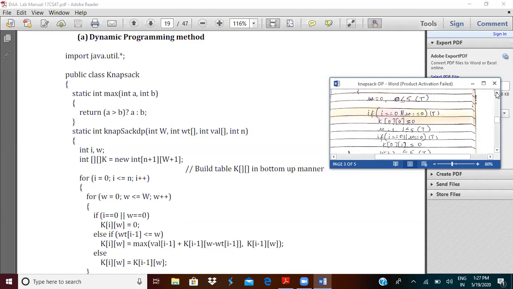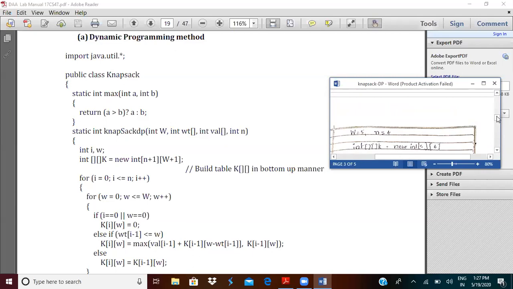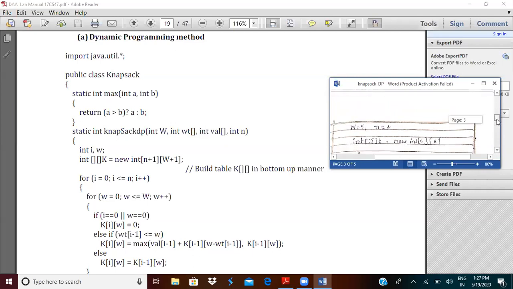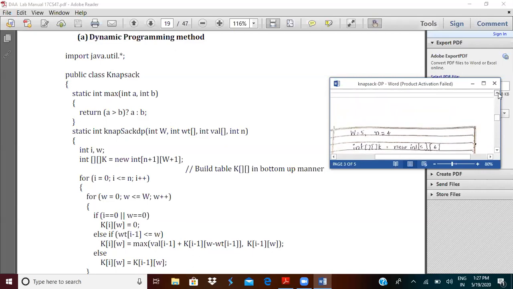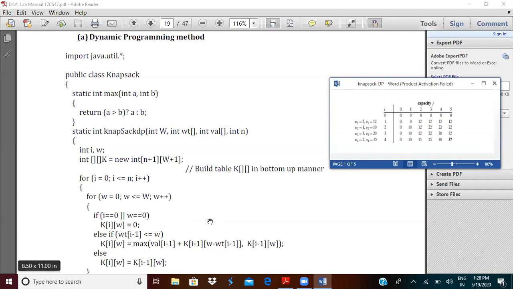So if you observe here, whatever value we have got in the matrix, that is K of 0 is 0. Next we shall see, we have executed this statement within the for loop. If this is not executed, this would be executed. If these two are not executed, this statement would be executed. But fortunately for us, the first statement itself got executed.